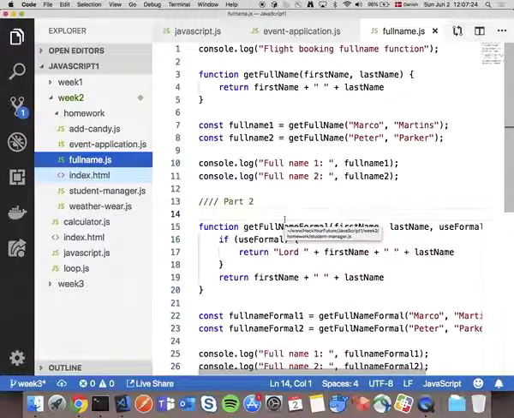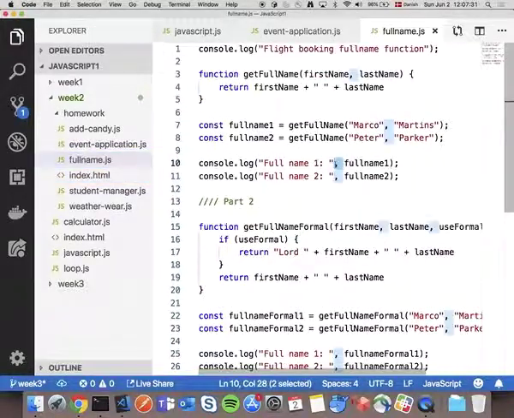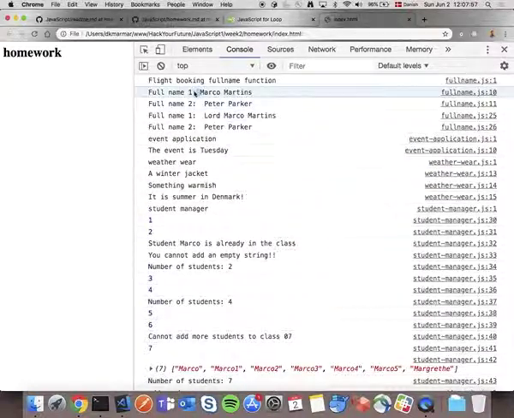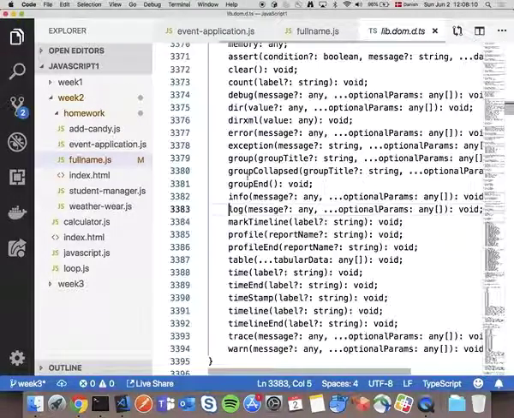And that's actually because I'm doing something I also did not explain. I'm using a comma here instead of a plus. You can actually do that. Let's have a look at that now. As you know, this sums or concatenates whatever string this one has, which is my full name, plus this string. So now if I refresh, in here you can see full name 1, Mark Martinez, which is my name, but then Peter Parker has quite a big space in between, and that's because I used the comma here, and the console log